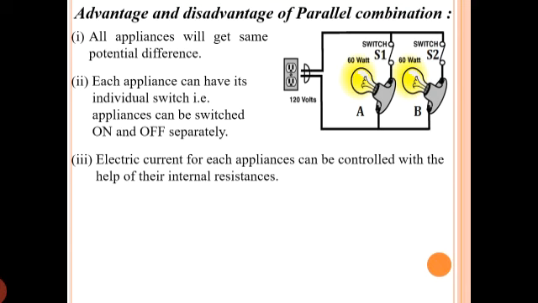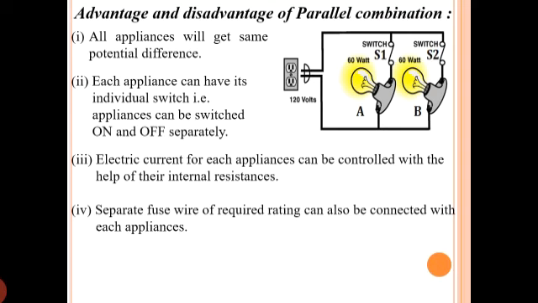because we know in the parallel combination the electric current can be distributed, and that will totally be decided on the internal resistance. So all the appliances that we have in the market or the appliances we are using at home, they have internal resistance, and most probably they have different internal resistance depending upon how much current they need. So that can be controlled in the parallel, but in series again it's not so possible.